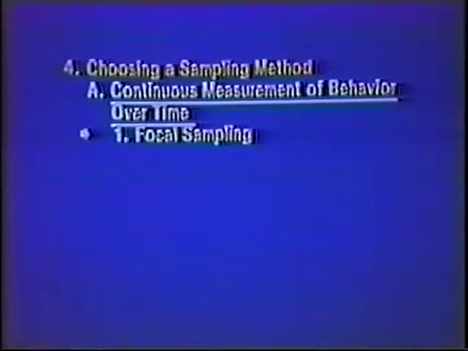The first quantitative method of data collection we will discuss in this program measures behavior continuously over time and is called focal sampling. In this method, you focus your attention on a single individual or subgroup and continuously record all occurrences of the behaviors listed in your ethogram. You might decide to watch each animal in turn for 10 minutes per individual, continuously recording all changes in behavior